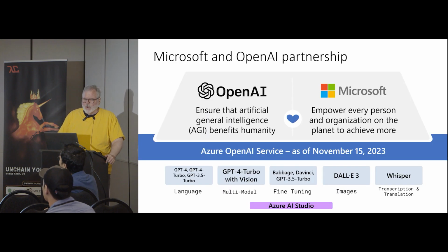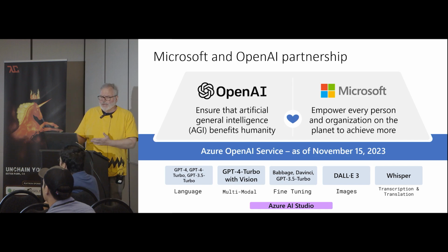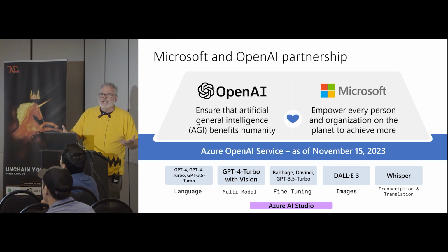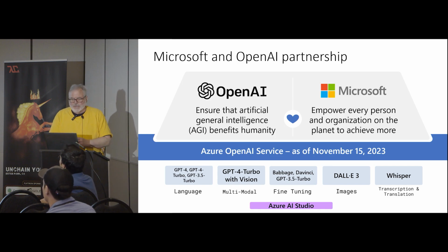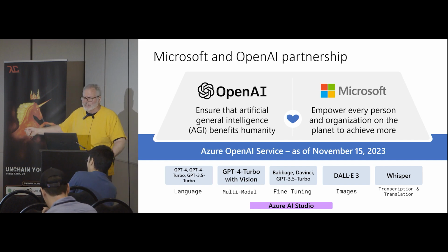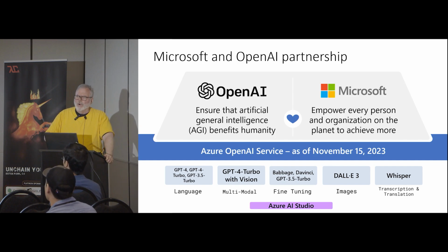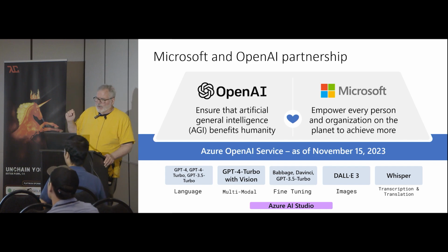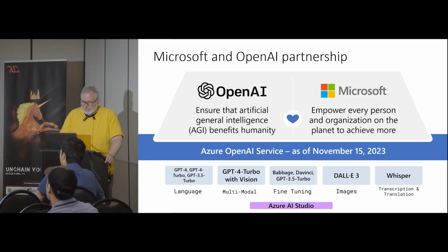I do want to speak a little bit about OpenAI and Microsoft. As I said, I work for Microsoft, and we do have a partnership. And I use that word very deliberately. We didn't buy OpenAI. We invested in them. They're deploying their models to Microsoft Azure, so they get the scalability and reliability of it. And then Microsoft benefits from this because we're taking a lot of this technology and a lot of these models that are built and putting it into our products like Azure OpenAI Studio and all the Copilot products that you'll be hearing about. I'm not going to talk about that today, but all sorts of things going on.